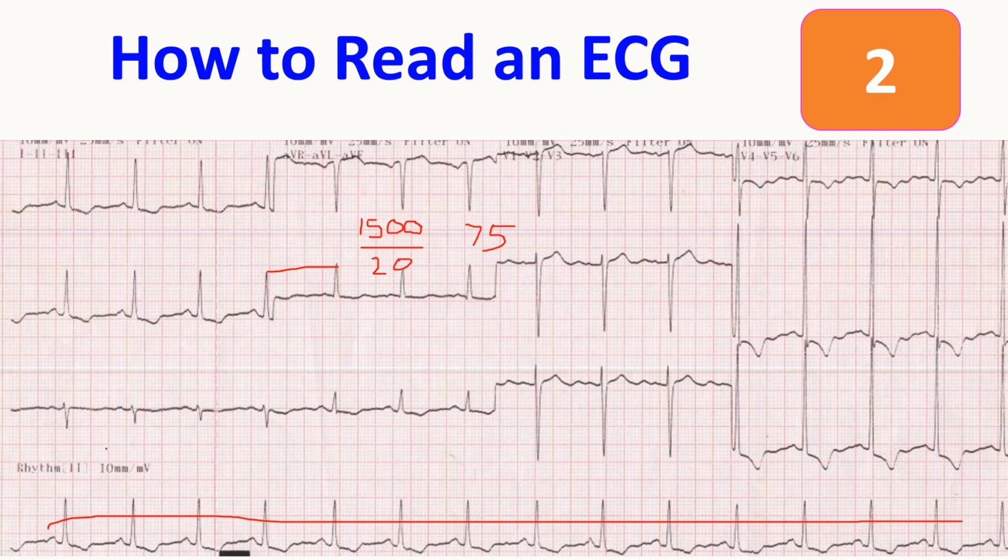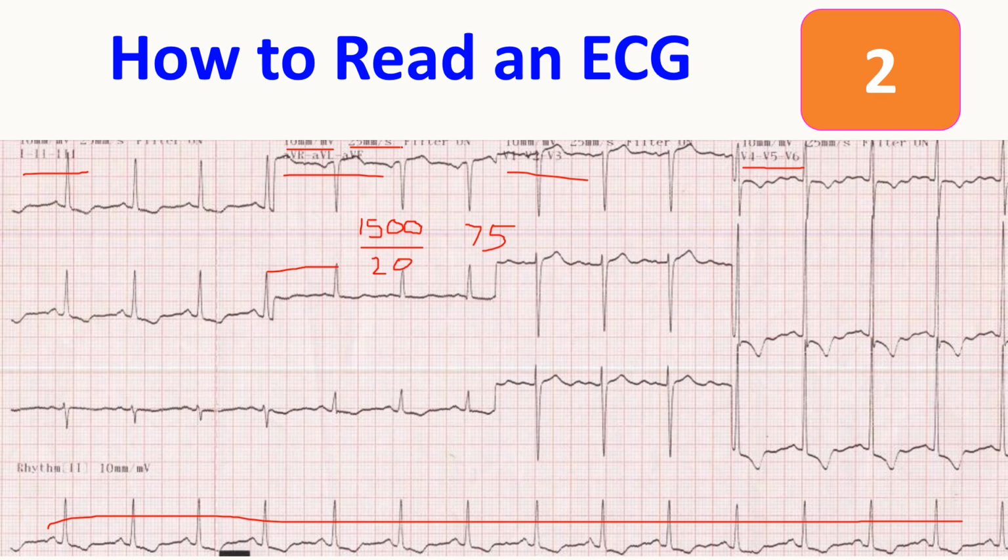The leads are all well seen here. These are limb leads 1, 2, 3. These are augmented limb leads AVR, AVL, AVF. These together are the limb leads. Then we have chest leads. You can see this group is V1 to V3. Then V4 to V6. Here you can see the standardization 10 millimeter per millivolt and speed of the paper is also